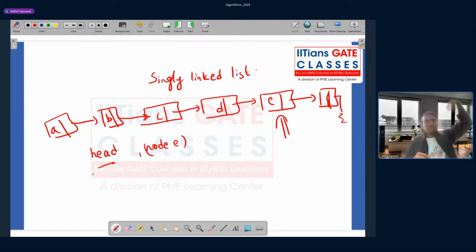Now if I'm starting from the head node and I would like to delete the node E, can I directly delete the node E? No, I have to start from the beginning so that I reach node E and then I can delete it. Correct? So that's why deleting a node in a single linked list will take order of n